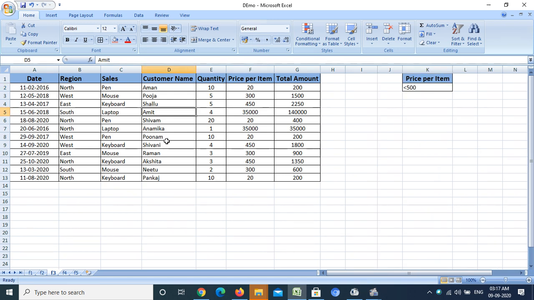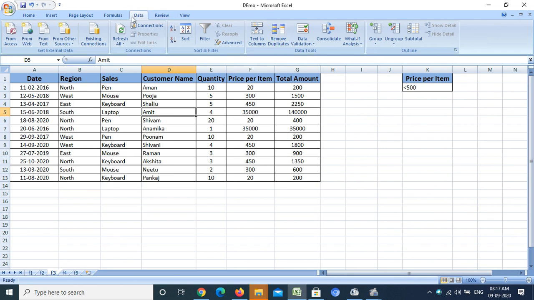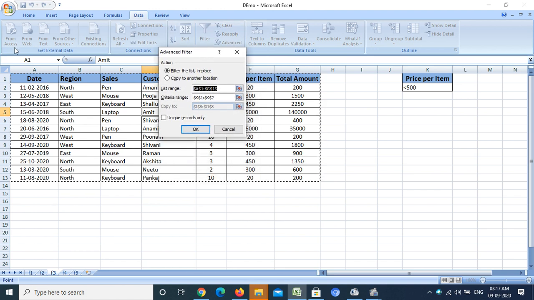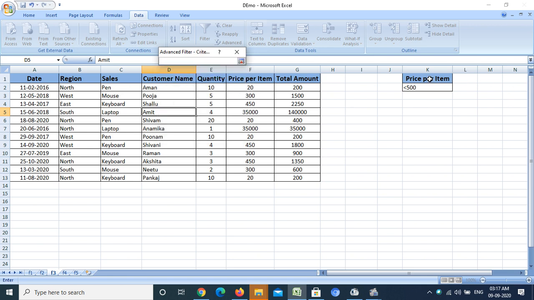Now I want all the records whose price per item value is less than 500. So for that, first of all, I have to select the Data tab and after that I have to click on this Advanced option. Now it will automatically select my table. I have to click on criteria, so I have to click on this button. After that, I have to select the criteria.